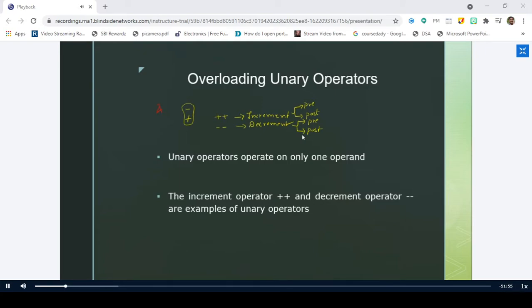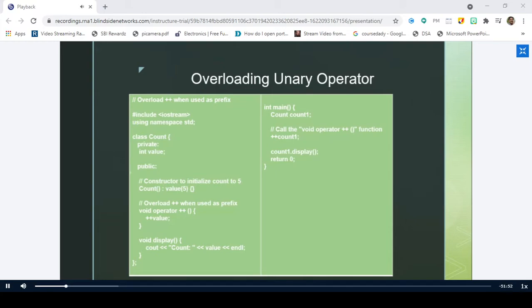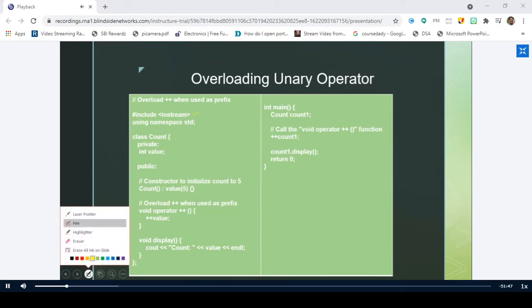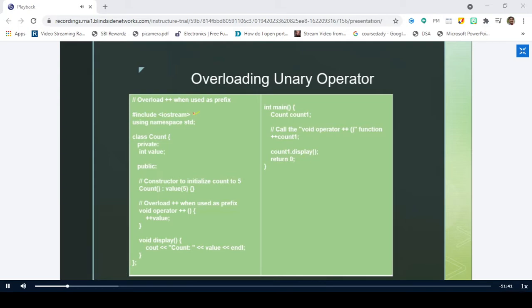So we go through an example, a very simple example. So what is this one? Again, I'm going from the first line inwards. What is the first statement? Header file, sir. Preprocessor. Right, and this is the namespace we are defining, and I'm defining the class Count here, and there is only one private data member, that is value, and I have defined under the public section. What is this? This is another syntax we have for the constructor, right? See here.